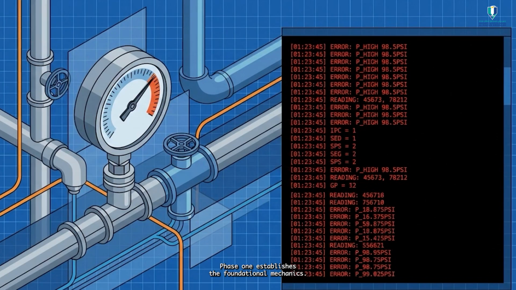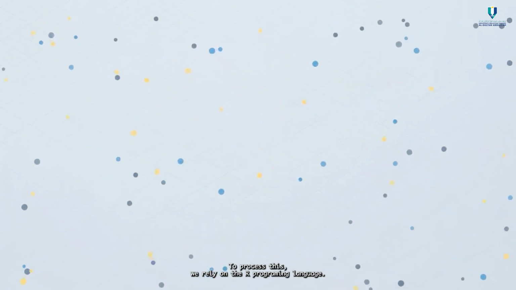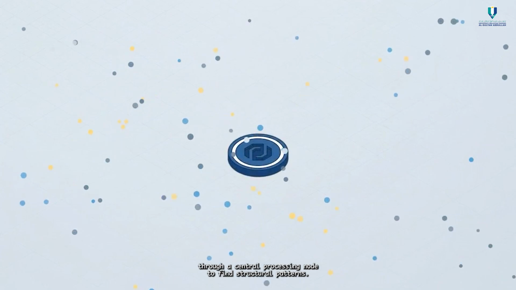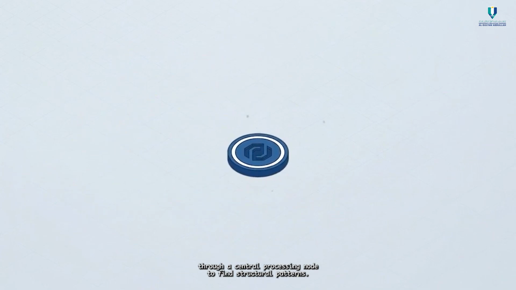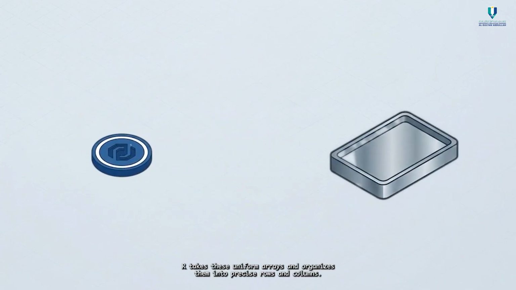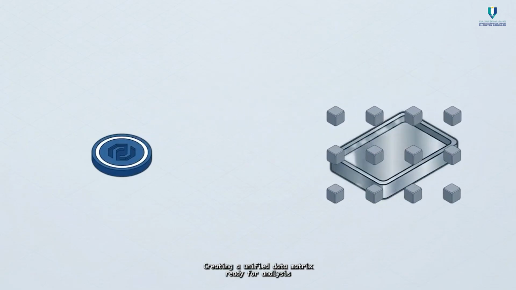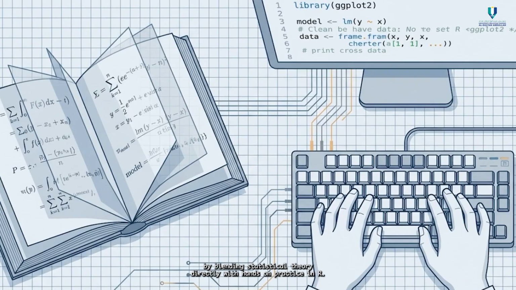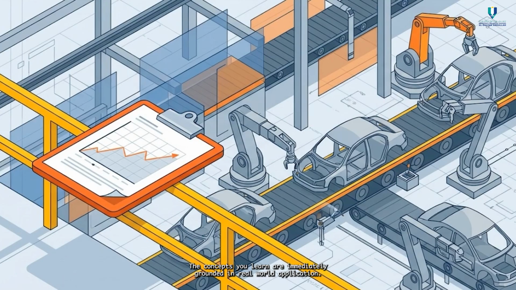Phase 1 establishes the foundational mechanics. We start by gathering and identifying those raw, unprocessed readings straight from the source. To process this, we rely on the R programming language. It pushes scattered variables through a central processing node to find structural patterns. R takes these uniform arrays and organizes them into precise rows and columns, creating a unified data matrix ready for analysis. By blending statistical theory directly with hands-on practice in R, the concepts you learn are immediately grounded in real-world